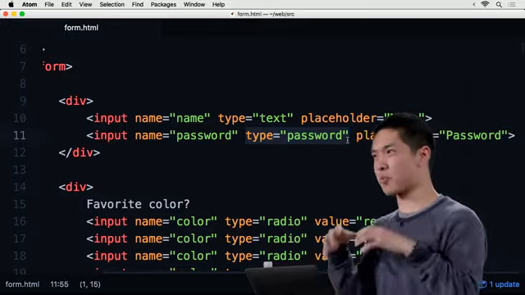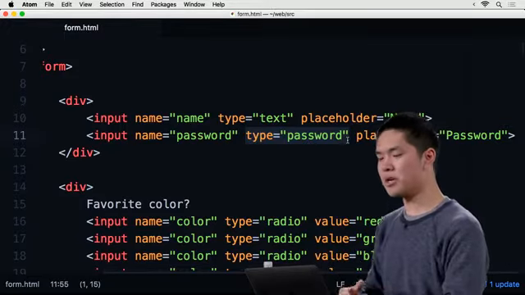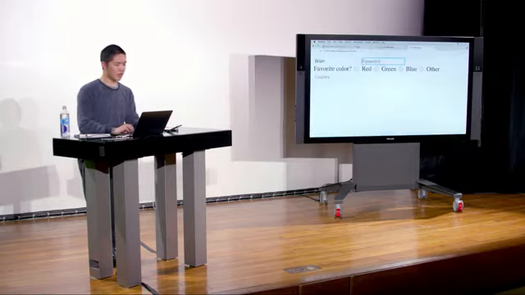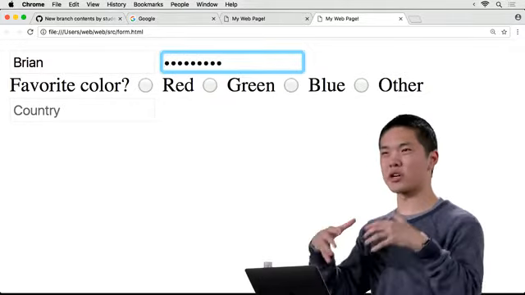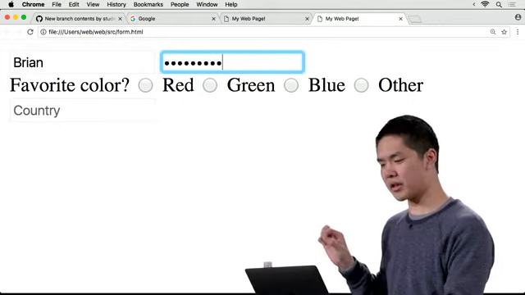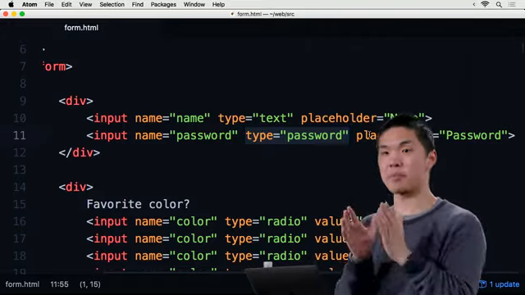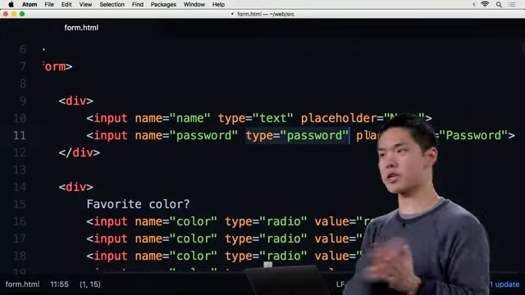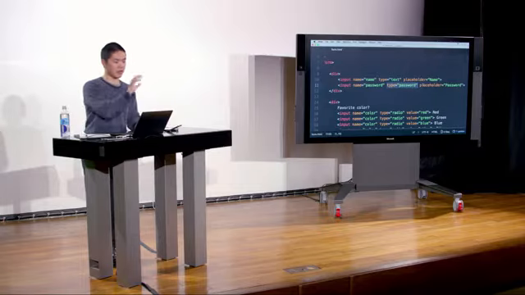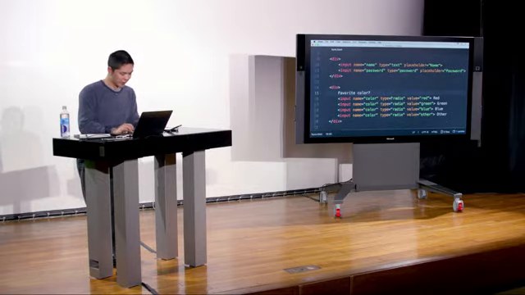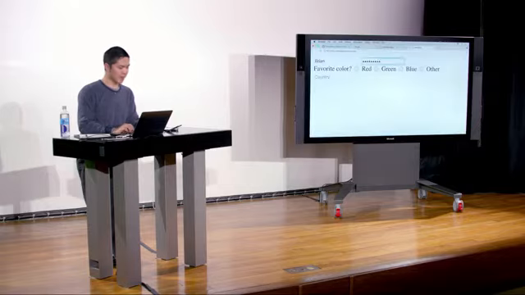Browsers know how to interpret type equals password to mean this is secure or sensitive information that they're typing in. So when I start typing into this field, it's just going to show up as dots. It doesn't actually show the actual text. And that I got just by saying type equals password. And the browser knew to interpret that as secure password information, stuff that shouldn't just be displayed as text on the screen. The favorite color radio button, I had these 4 radio input options, and that shows up this way,